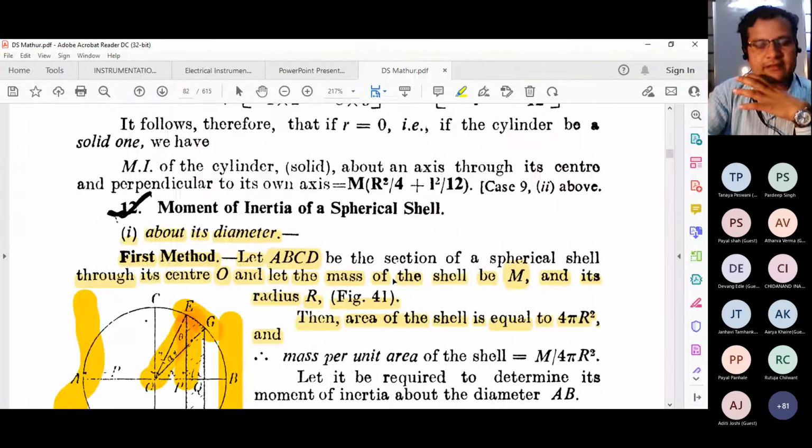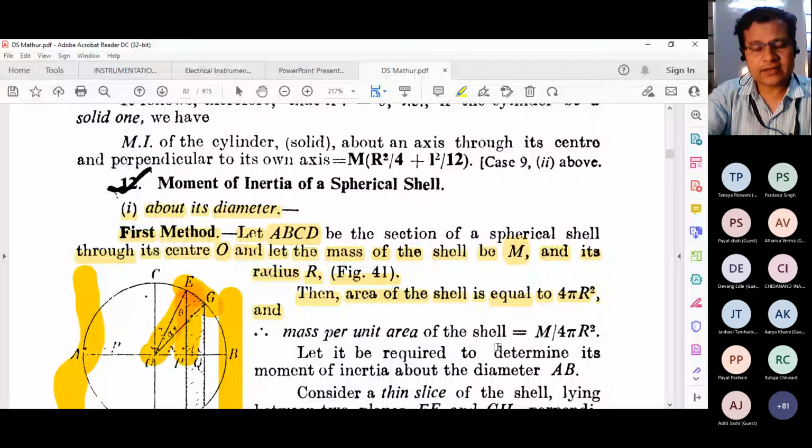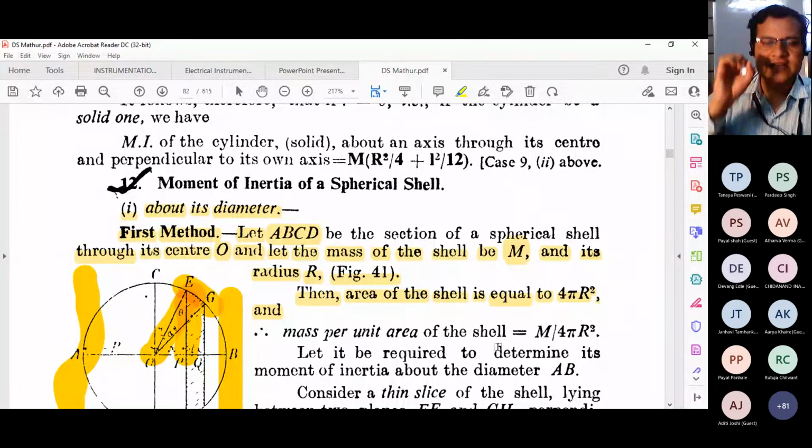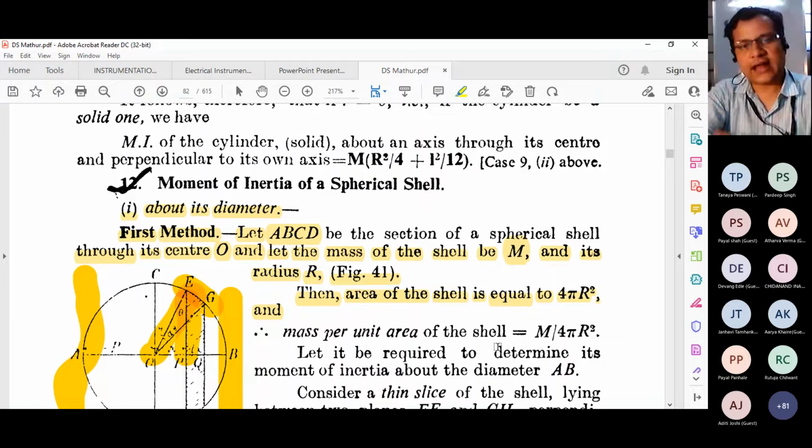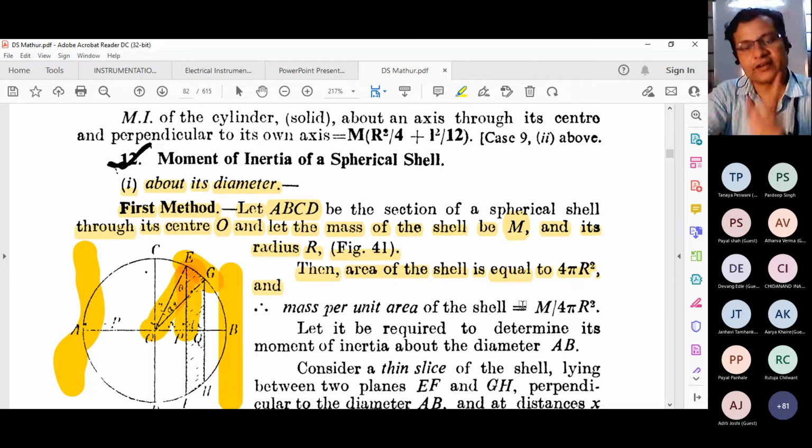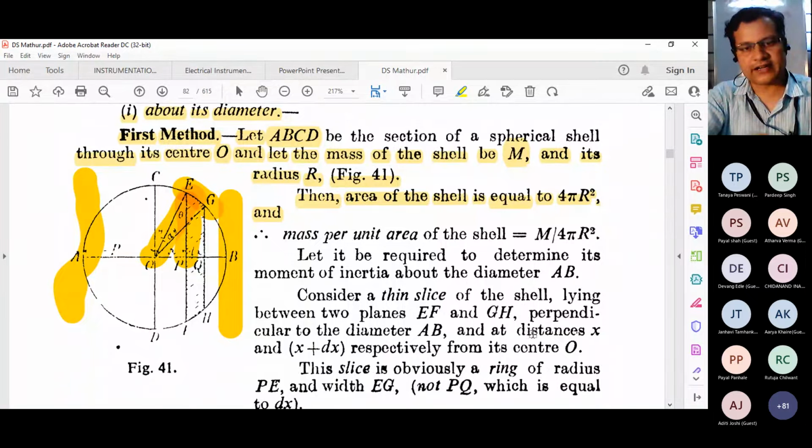So whenever you have such bodies, spherical shell or hollow sphere, you have to keep in mind what you mean by the spherical shell. The sphere that we have considered has a very small thickness. Whatever be the radius, it occupies that particular sphere. Whenever a spherical shell is mentioned, it doesn't have a thickness, or the thickness is negligible. It's simply a shell, but spherical. The geometry is spherical in nature.